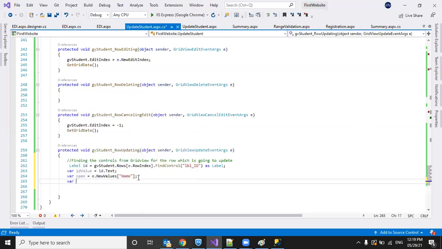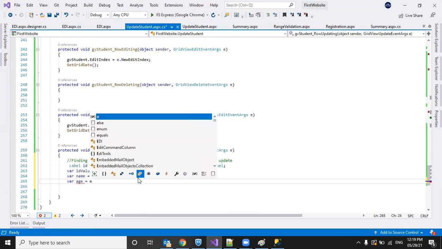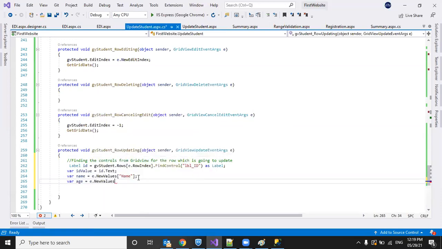Suppose if I want age, it will have e dot new values of column name, age. This way we can get each value and prepare a command here.